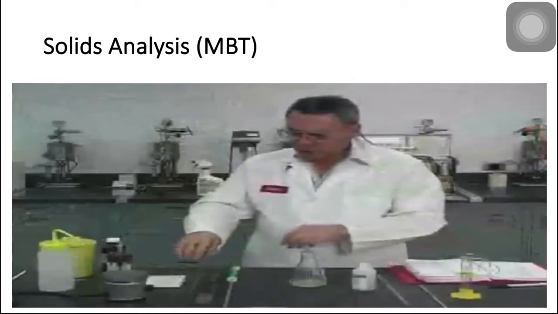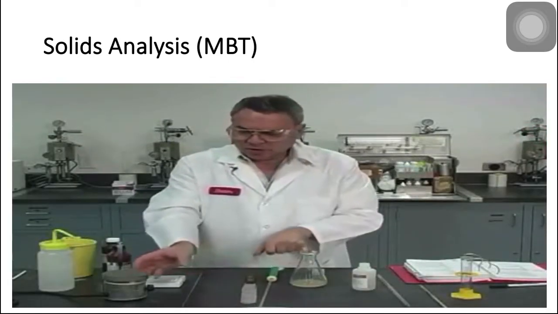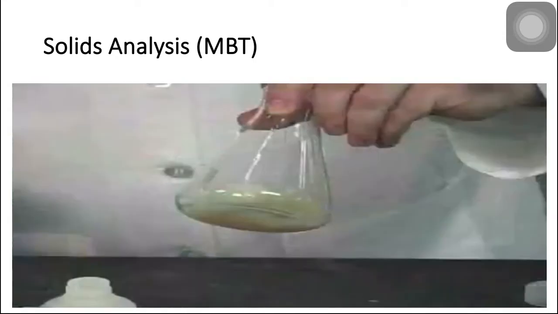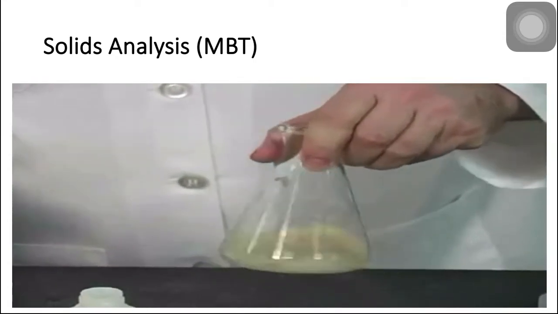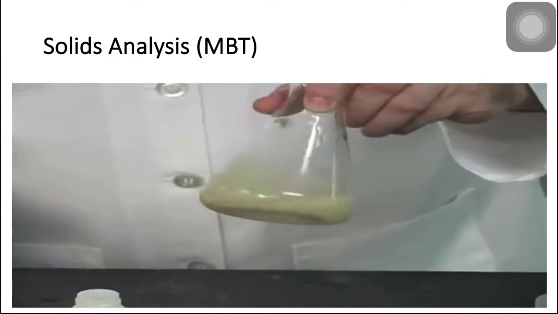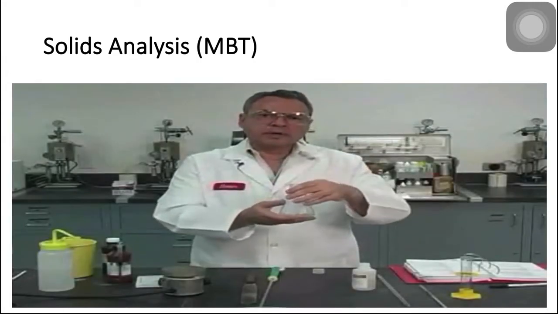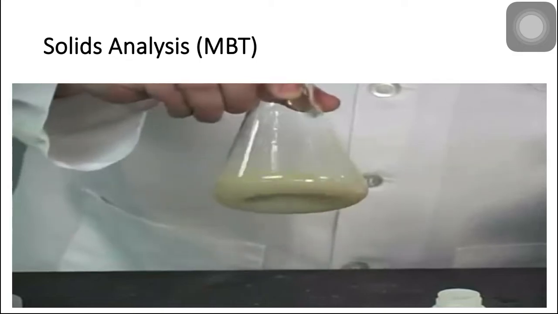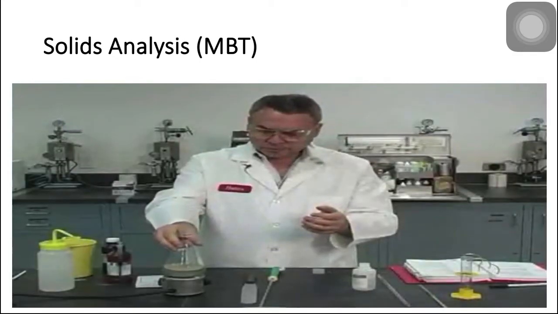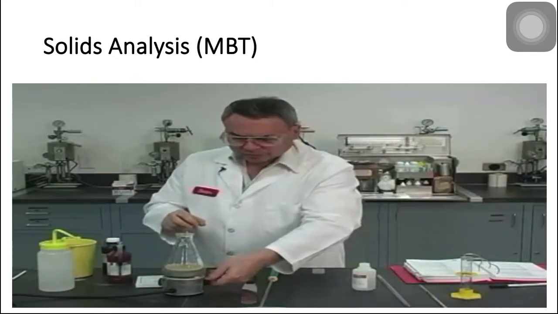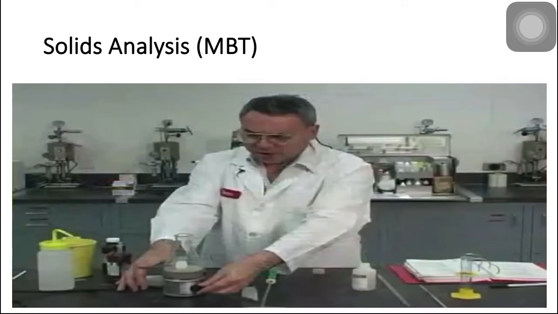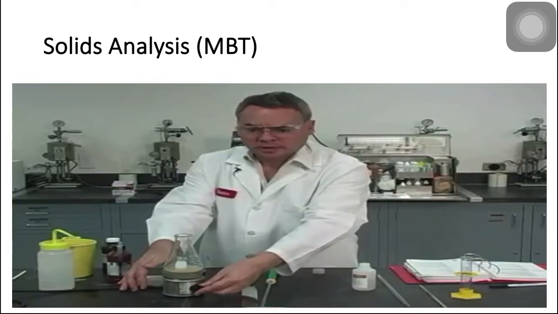Now we are ready to heat to a very slow boiling. The reason for that is, yes, we want to have a digestion here, but we don't want the water to evaporate, because we are going to have to make a titration based on this solution and suspension. So we need all the water we have right here. As soon as I see that the boiling starts, I'm going to reduce the temperature using this regulator.